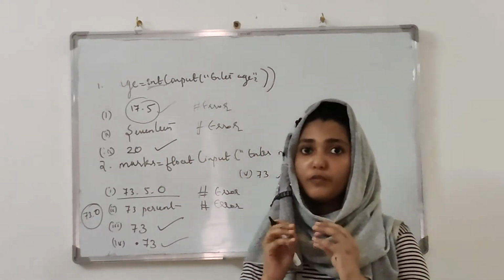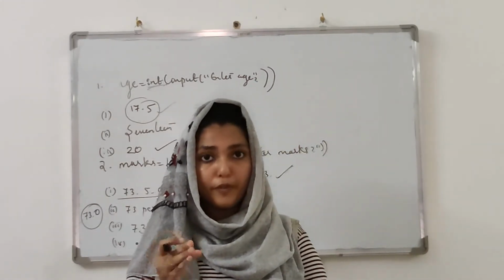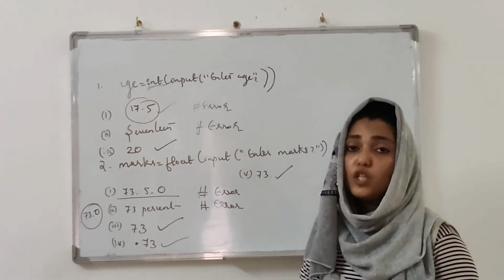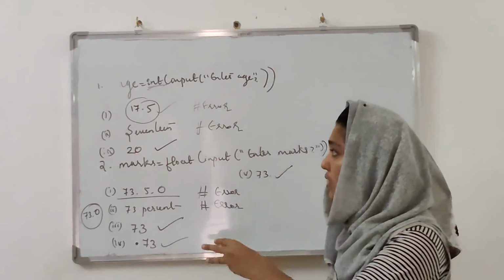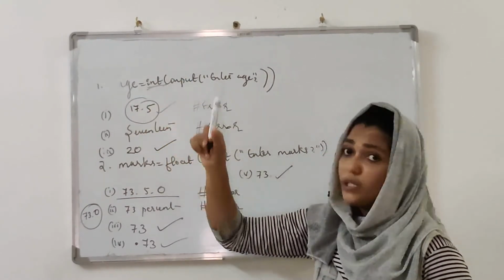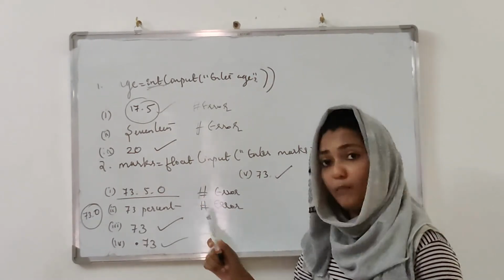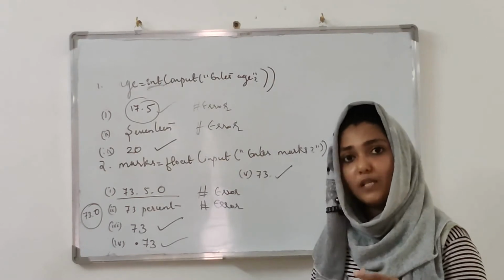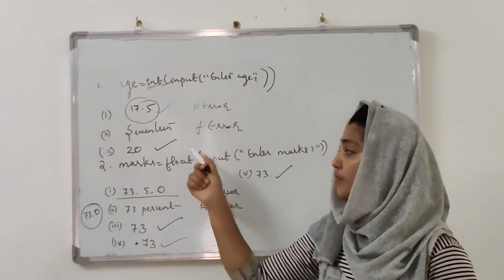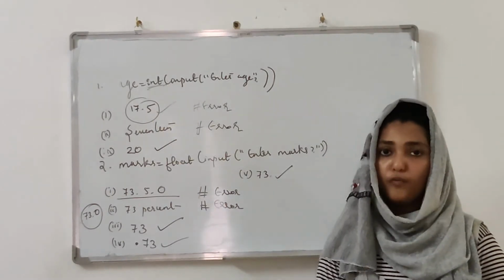So what is the purpose of the int and float function? It is used to convert the input from the user, which is fetched using the input function, to integer value and floating point value. And while entering the value, the thing to remember is, if we are using the int function, the input given by the user must be an integer. And if we are using the float function, it must be a floating point value or it must be an integer. That is, an integer value can also be given to the system if we are using the float function. But if we are using the int function, we can't use floating point values.